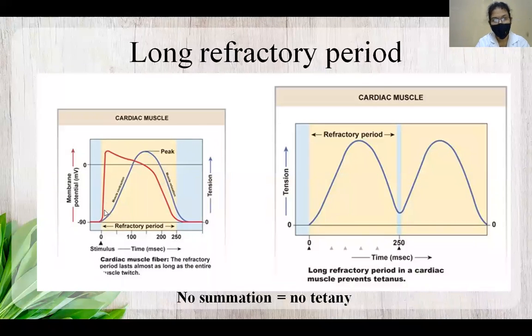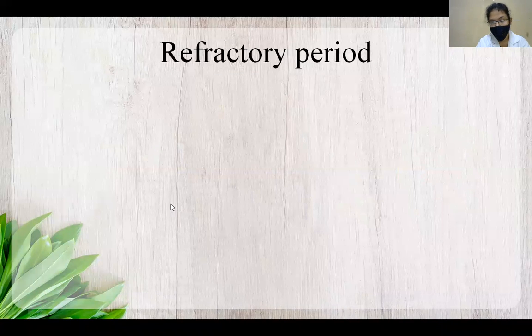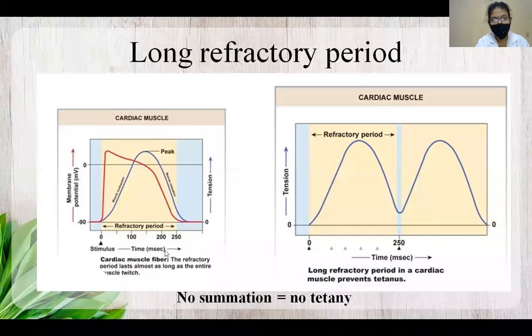So look here. This is rapid repolarization. This is initial rapid repolarization. This is the plateau, then slow repolarization, and then we have the resting membrane. The mechanical event almost overlaps the electrical event. So if you look at this contraction phase,